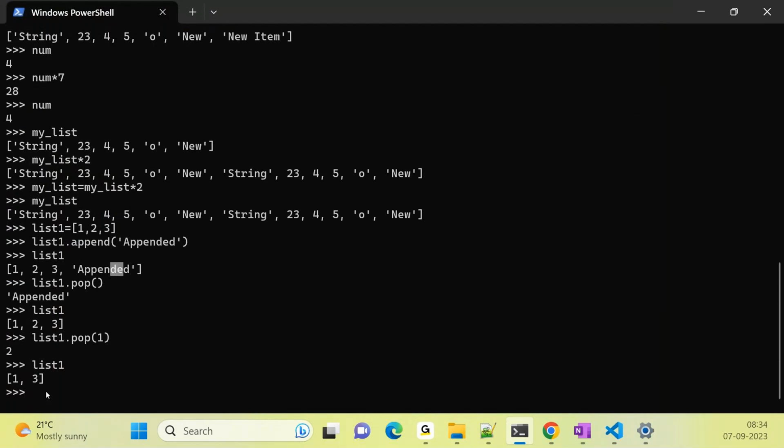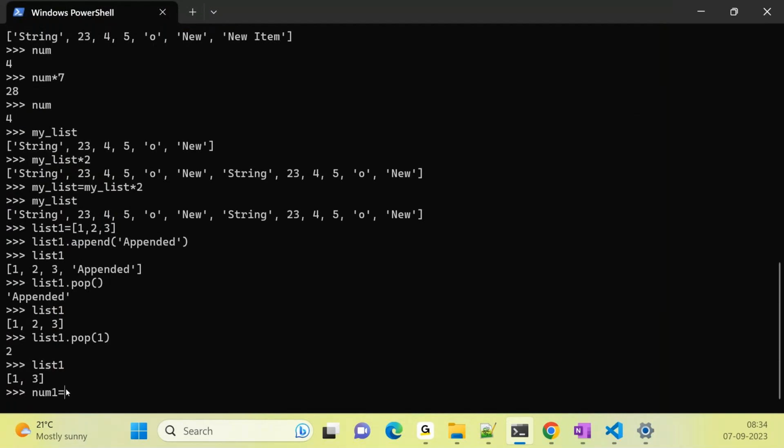Here, I have a different scenario. For example, I wanted to delete something. Here, I'm not reassigning anything. I'm just giving pop. It automatically deletes and makes it permanent. But whatever I deleted, I want to save this deleted item into a different variable. In that case, for example, I want to delete 3, but I want to save the 3 somewhere else. So what I will do,